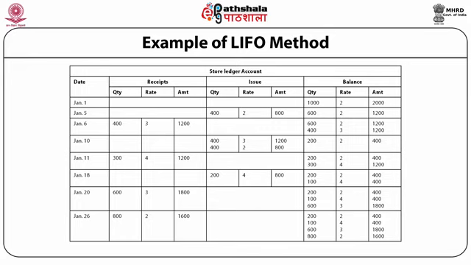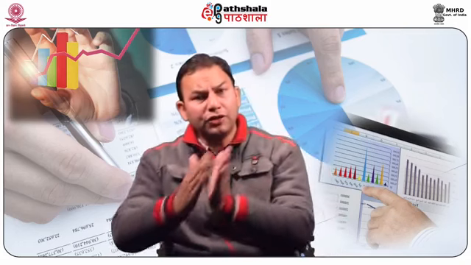It means the units which were received lastly are issued firstly. So this makes clear that under LIFO method, the material or goods which are received last are consumed first or sold first. What are the features of LIFO method? LIFO method is based on the principle that the last inventory goods received will be the first inventory goods used. Arrive last are the first to be used.